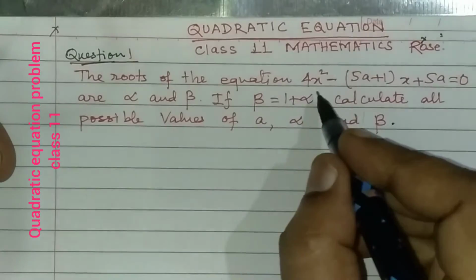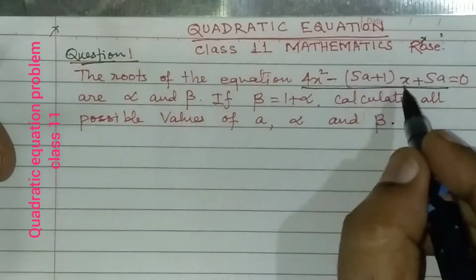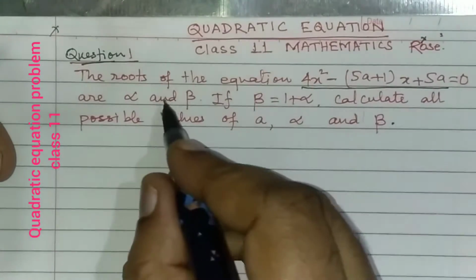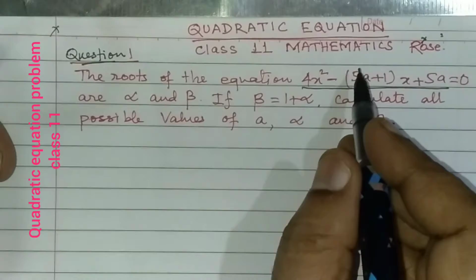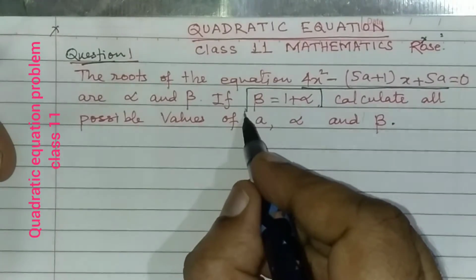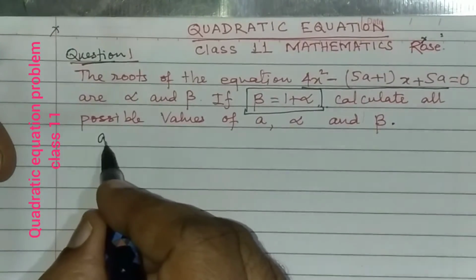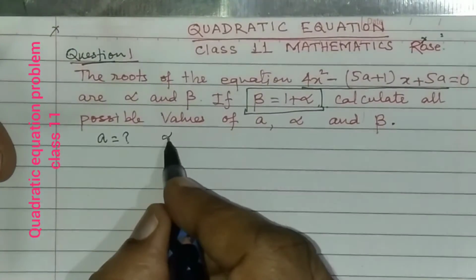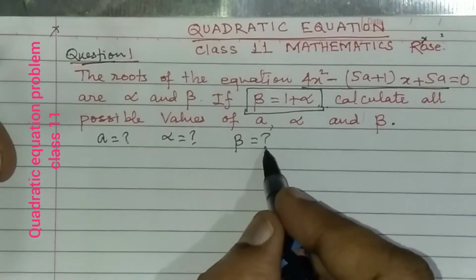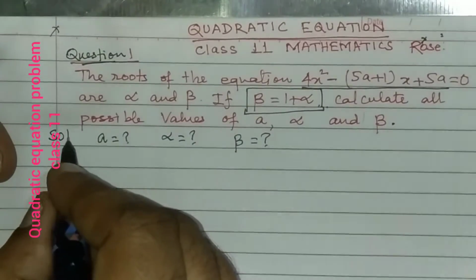So here the quadratic equation is given in which x is the variable but a is the arbitrary constant. Alpha and beta are the roots of the equation, and there is a relation between beta and alpha given. We have to find out the value of a as well as alpha and beta. ये हम लोग को निकालना है. हम लोग सॉल्यूशन करते हैं. अब देखिए